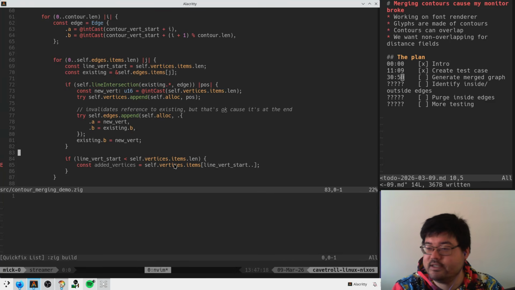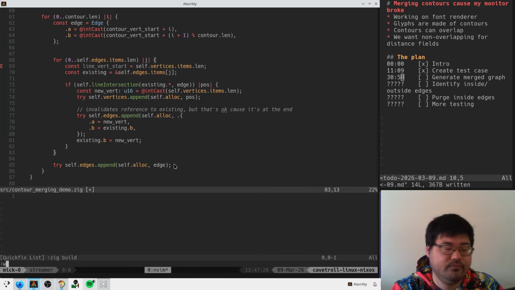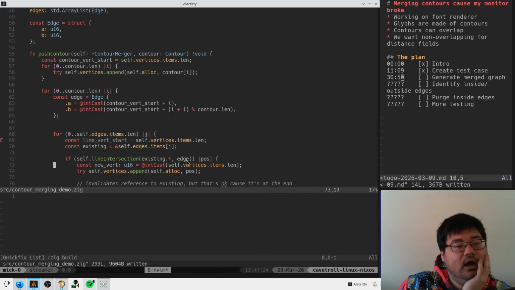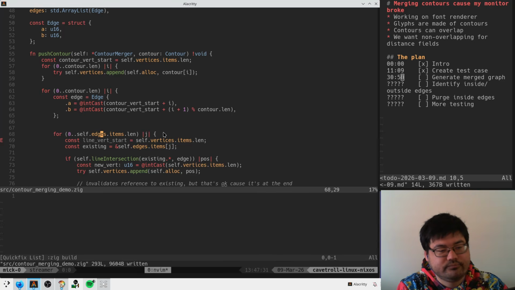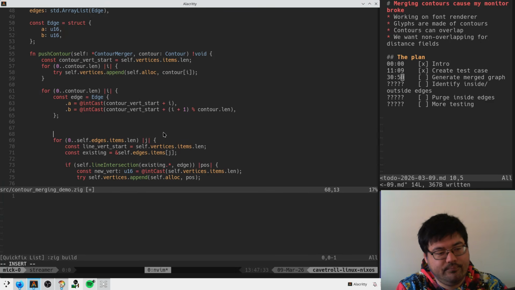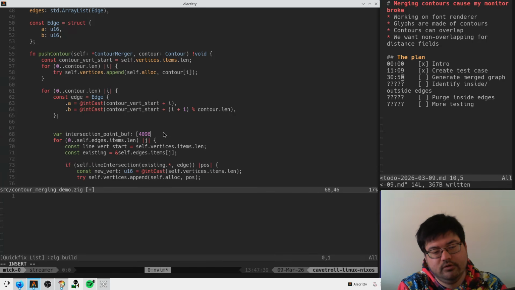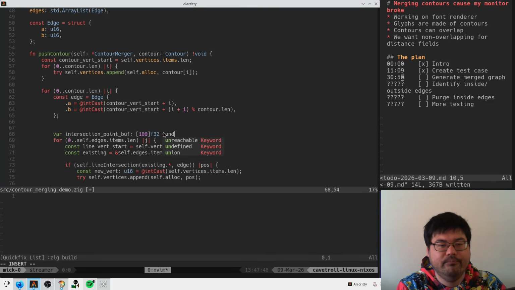So I guess instead, we just need a buffer here. You know, intersection point buff. We'll just do this for now. Like, if there's more than 100 intersections, then we'll update this. But